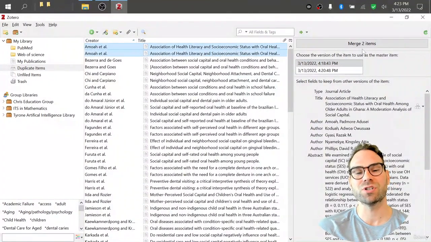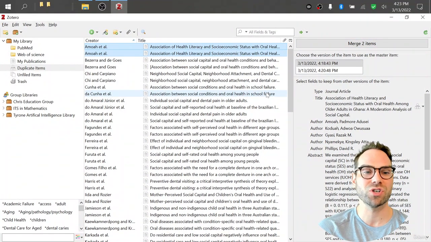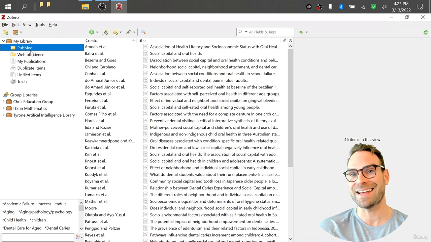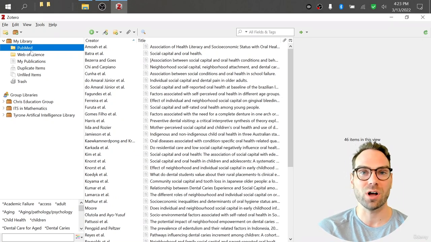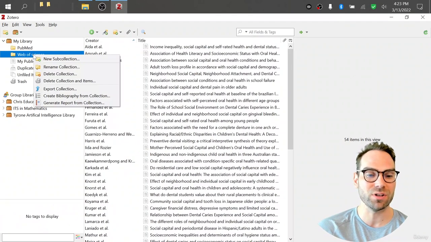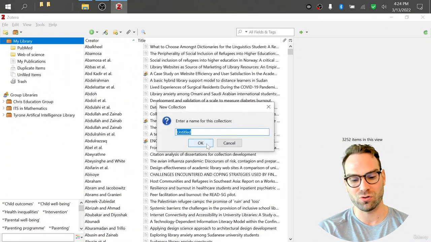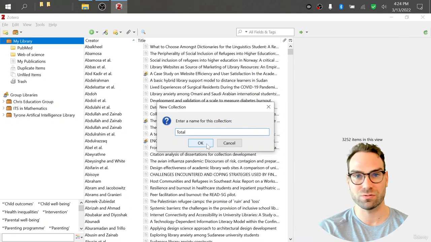Now, you may be tempted to just merge these items, but the problem is it's going to make it difficult for you to keep track of what was the original and which were duplicated. Because as you merge them, it's going to change the numbers in your original PubMed and Web of Science folders, which I want you to keep intact so that you don't get lost, and if you ever do need to take a step back. So what I recommend is you create a new collection, and you could call this total,